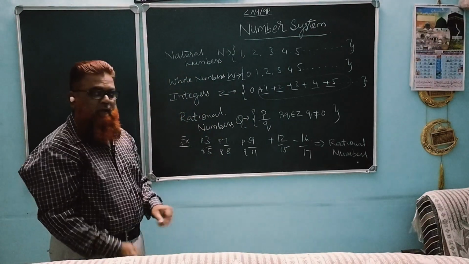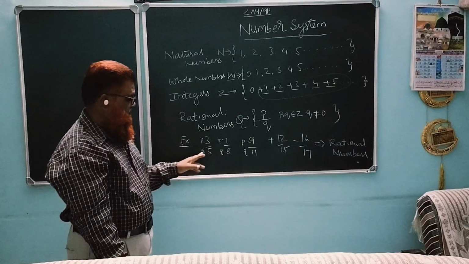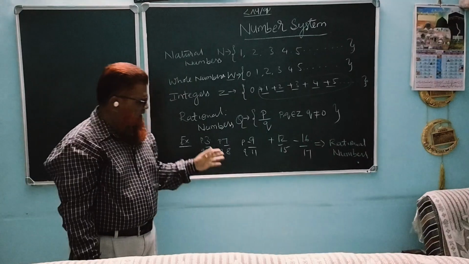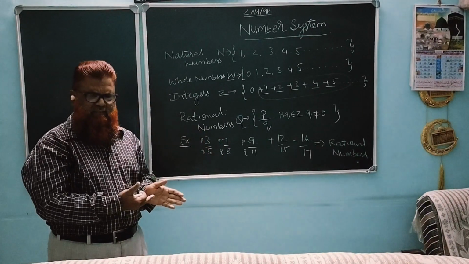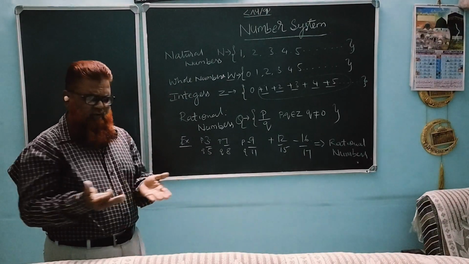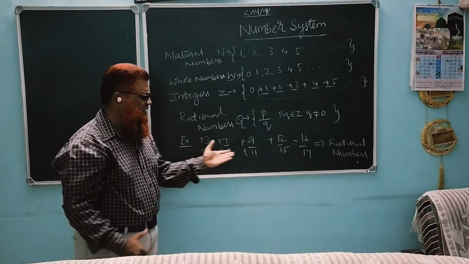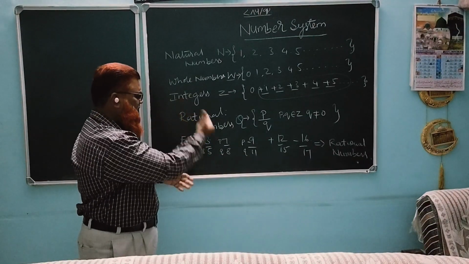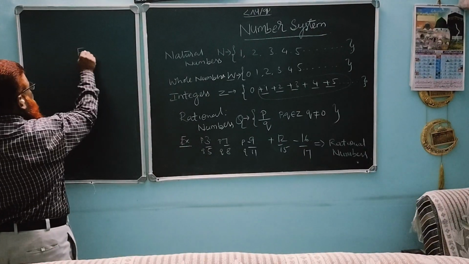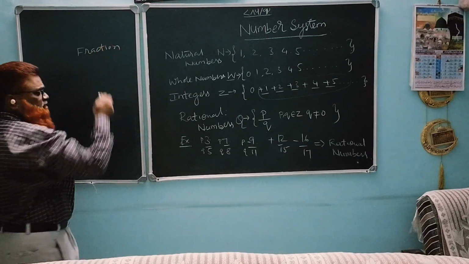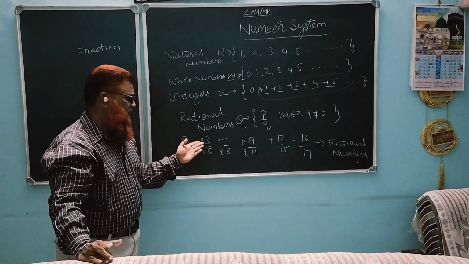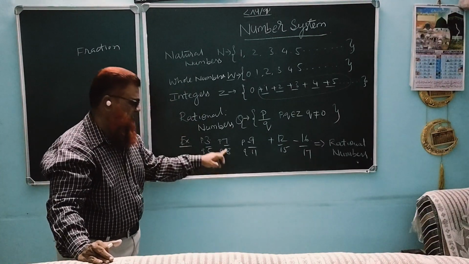Next, I would like to draw your attention here, viewers. You may be surprised to know what this rational number is. But from the lower classes, ever since we have been in school and in the process of learning mathematics, we come to know that anything like 3 by 5, 7 by 8, we call by a special name. That is what is called a fraction: a part of a whole thing. Whole is 5, a part is 3. Whole is 8, a part is 7.